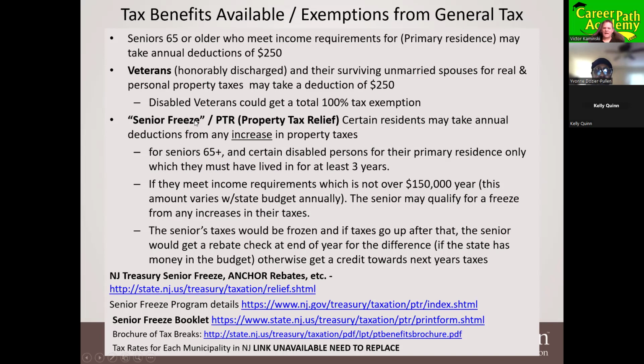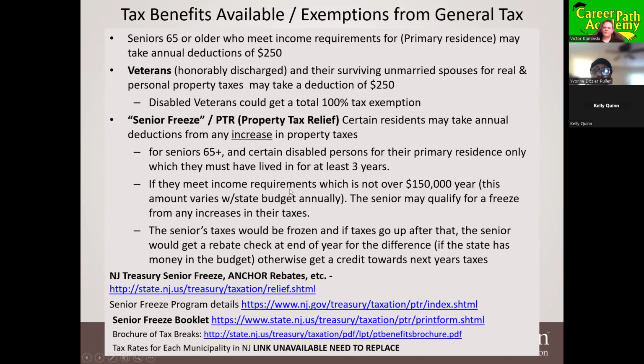If you go down to the tax window there and try to get the application to apply for it, they'll tell you there's no such thing as a senior freeze program because they like screwing with people, I guess, instead of helping them out. They really know that what you're talking about is the PTR program, which is what it says on the booklet as the title, which stands for Property Tax Relief.